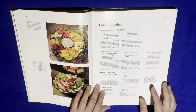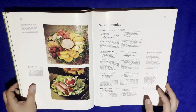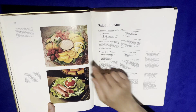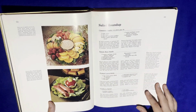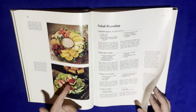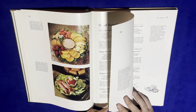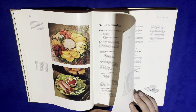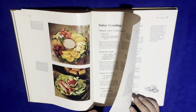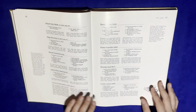Salad roundup, cranberry relish. This is what passed as a salad in the 30s. That's a whole tomato stuffed with cream cheese, it looks like, or egg yolk, or egg white. No, that is indeed Philadelphia cream cheese inside of a tomato. I think I will,